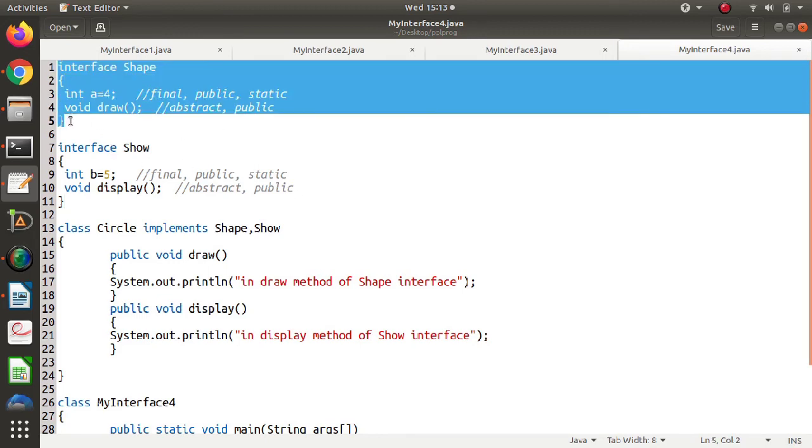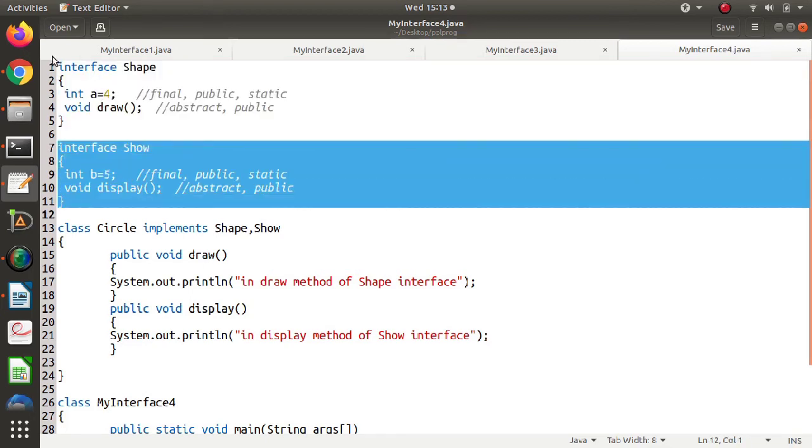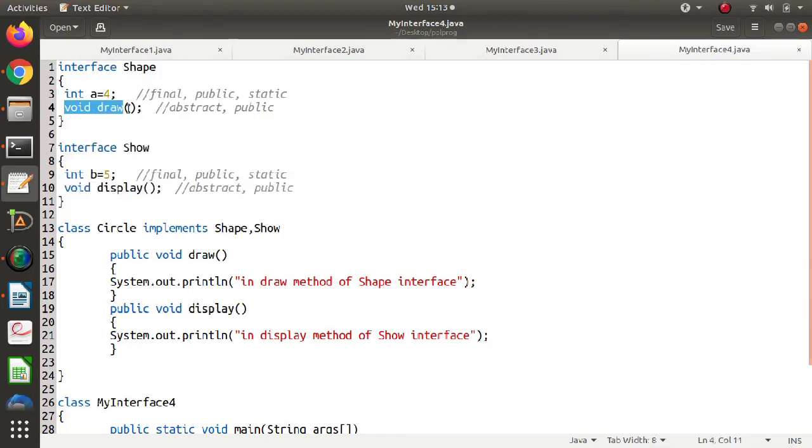So this is one interface Shape, another interface Show. This interface is providing one method draw, and this interface is providing the method display. Now we are implementing both these interfaces in one class. Here you can see we are implementing both these interfaces in one class.